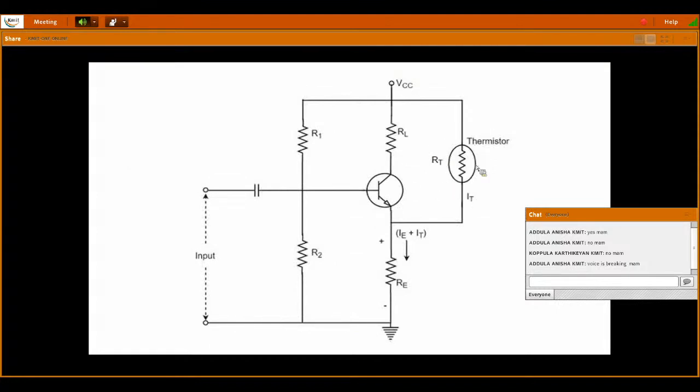So we connect your thermistor across the collector terminal, and the other end of your thermistor is connected at the emitter terminal. The amount of current flowing through the thermistor is denoted with IT, and the amount of current flowing through your emitter resistor RE is equal to IE plus IT. Since the current flowing through RE is now not only IE, it is also added with your thermistor current IT, hence IE plus IT is flowing through your resistor